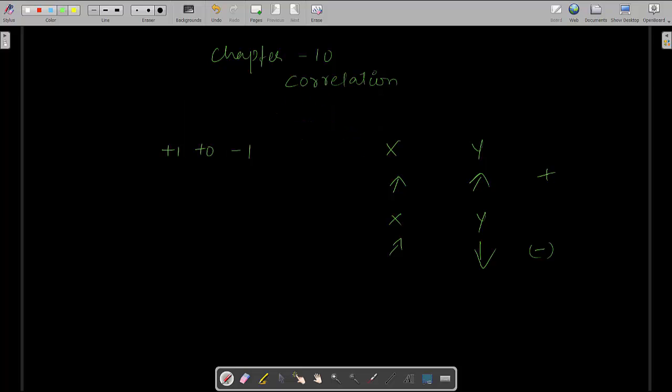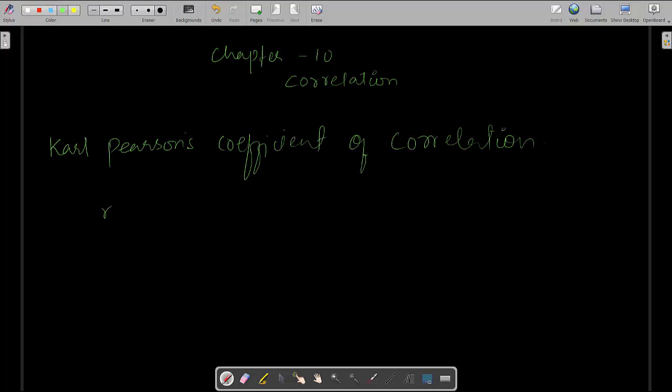Let's first learn the formula to calculate Karl Pearson's coefficient of correlation, and after that we'll start solving the sum. This method was developed by Karl Pearson, and hence it is named after him. It is denoted by r. The formula to find it is sigma xy minus n into x mean into y mean, divided by